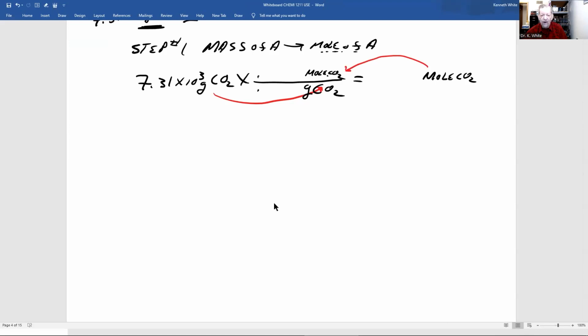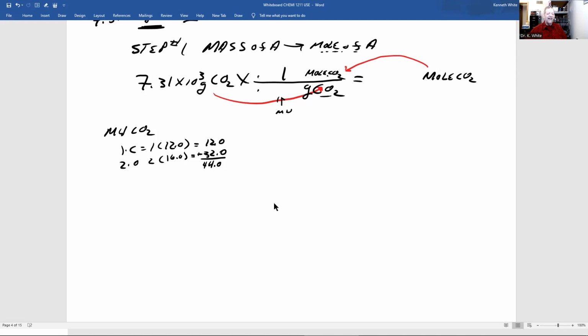So for every 1 mole, we need the molecular weight of, in this case, CO2. It has 1 carbon and 2 oxygen. 1 times the atomic weight of carbon, 2 times the atomic weight of oxygen. Do the math, add it up, we got